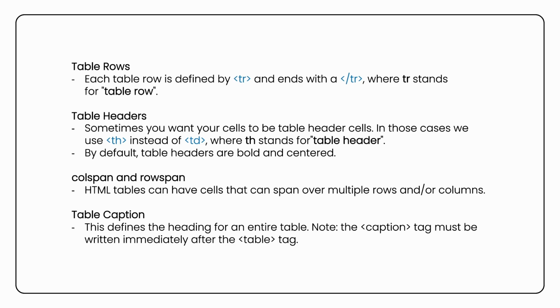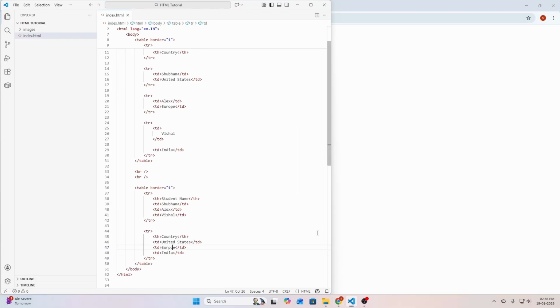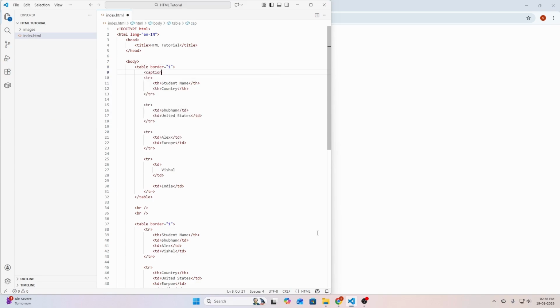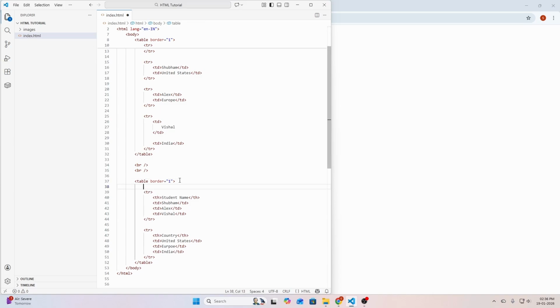caption that serves as a heading for the entire table with the help of the caption tag. So for this, let's go to our Visual Studio Code here and add a table caption here. Just below the table here, let's write caption element, and inside it let's define the table caption here, and let's just say BCA students, and for next table let's add a caption here also and say MCA